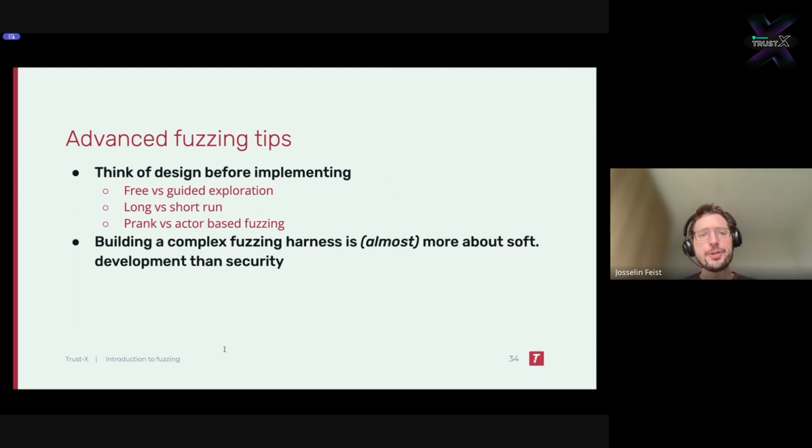There are a couple of questions you might ask yourself. For example, do you want free or guided exploration? This means that, for example, once you want to explore a specific function with a fuzzer, you might write preconditions. So, for example, if you want to bound the parameter to some value, for example, in the transfer of amount,